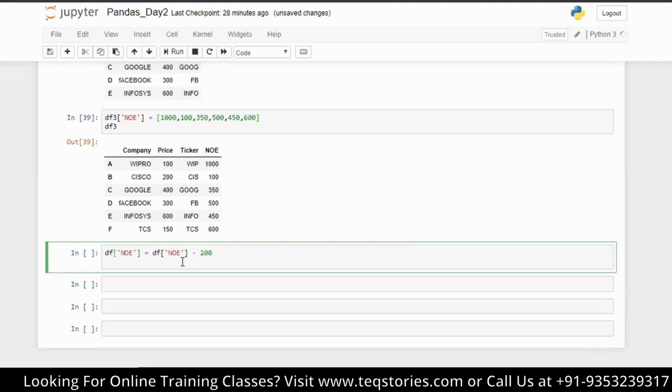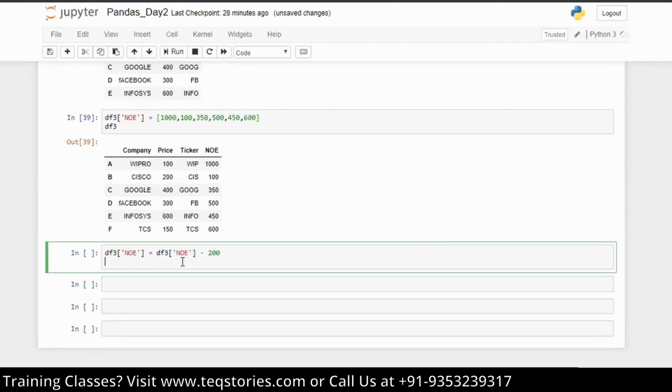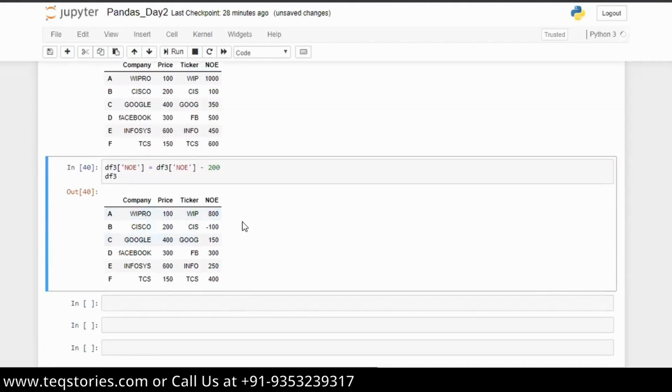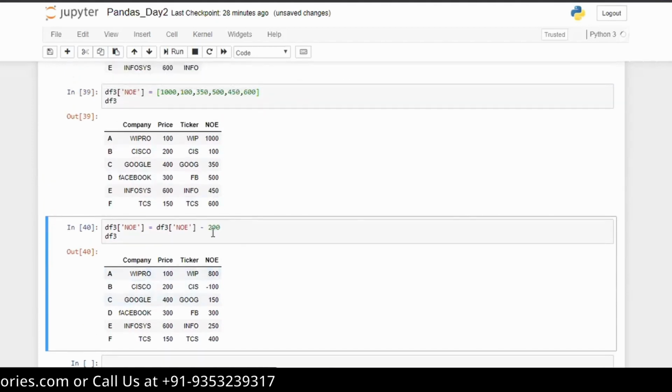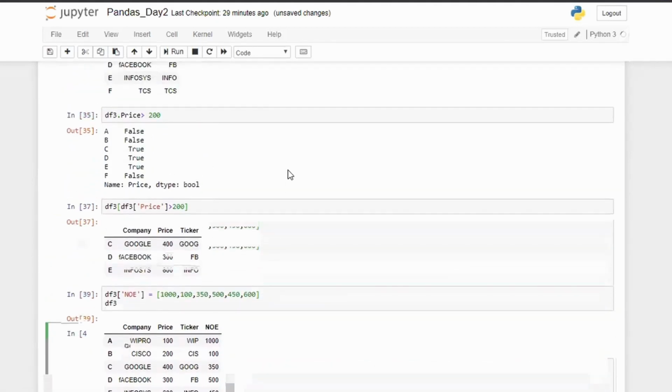I mean this is df3, right? So here I am printing df3. You can see here we are subtracting 200. This is minus 100 because it was 100 here. So this is how you can operate with data frames. This is how you can do some things with data frames.